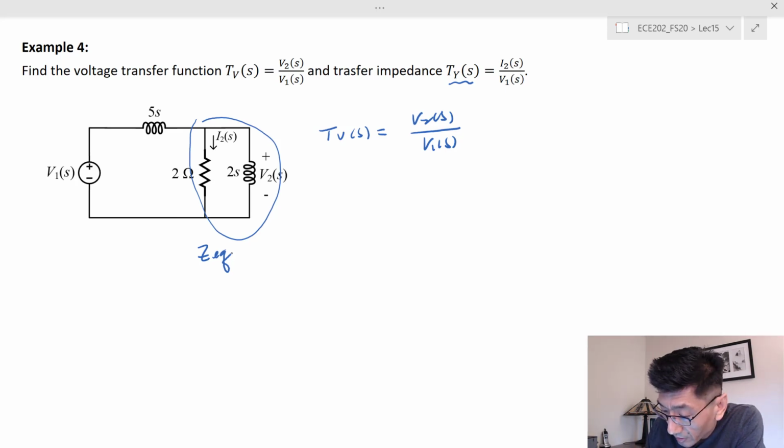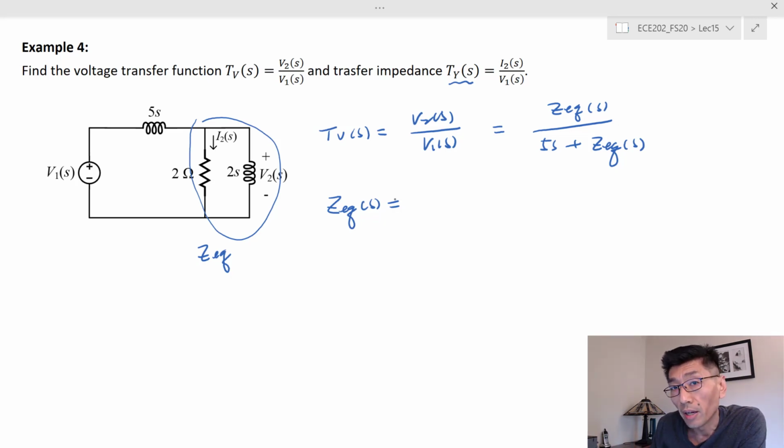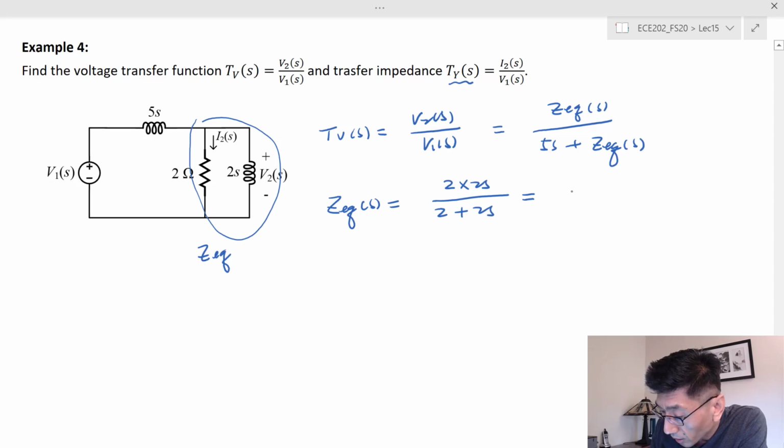So in this case, that's going to be equal to ZEQ over 5S plus ZEQ. Let's use ZEQ of S. In this case, ZEQ of S is equal to the parallel of the 2. You can use a product over sum, or you can use 1 over the admittance, right? We did it a few times, so I just choose one of these. Let's use the product over sum, 2 times 2S over 2 plus 2S. And that's equal to 2S over S plus 1. Right, and so therefore